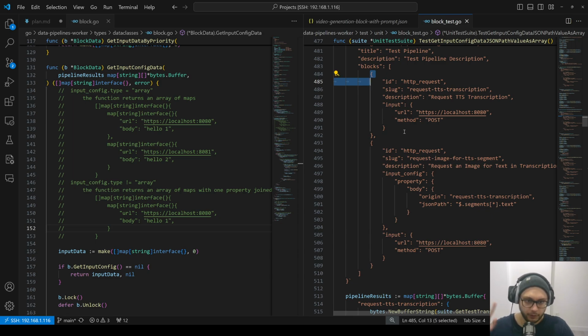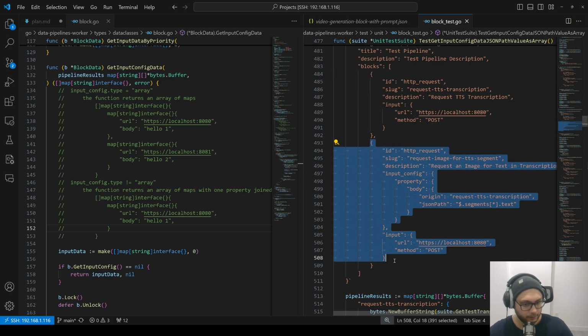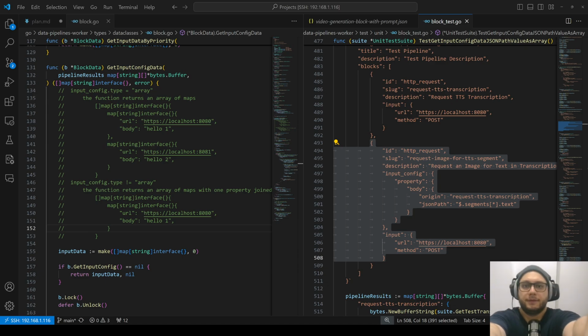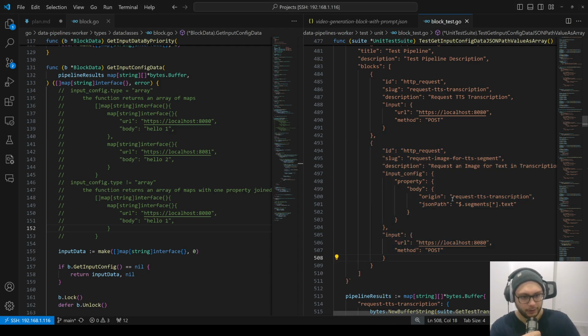So, another thing. What if the first request produced big JSON? Should I, let me check it. Camera is a bit different. So what if the first request, first block, produced big JSON, and I want to parse some results from it. And here is the solution. I can say, okay, body for the next request, you can take it from results of the first block, and please pick